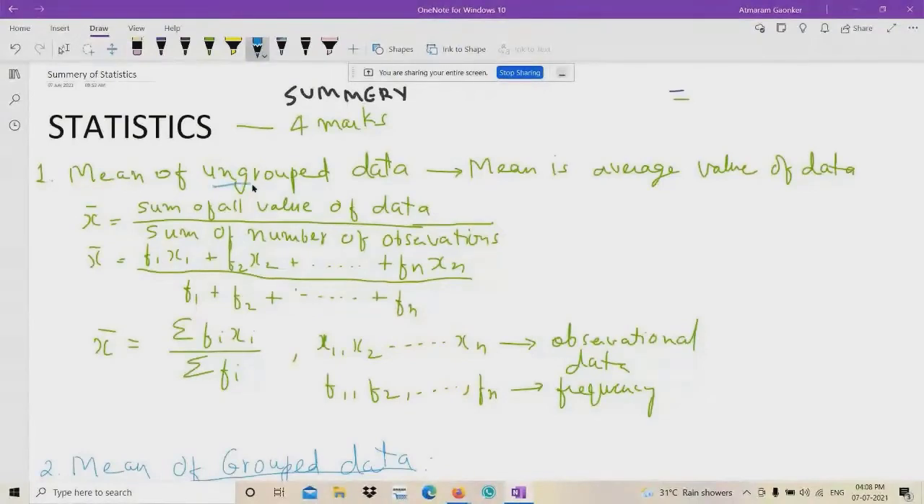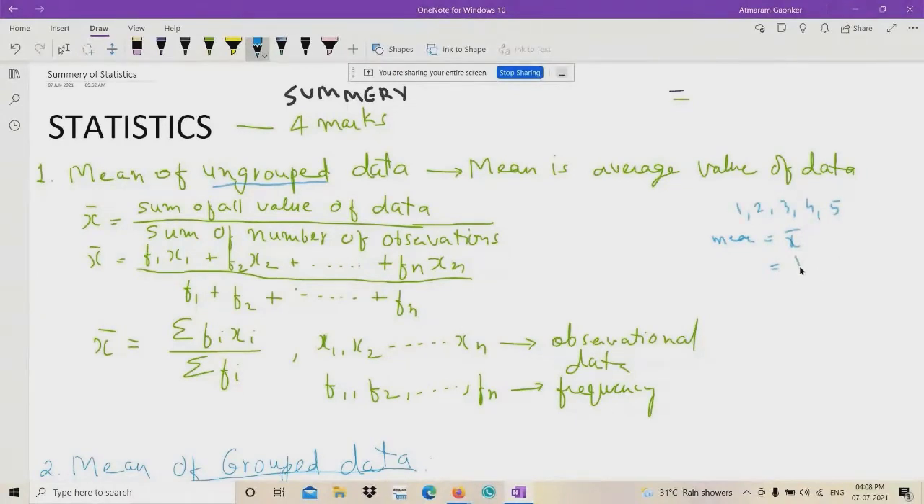Mean of ungrouped data. What is mean? Mean is the average value of data. For example, I have got 1, 2, 3, 4 and 5. This is the data. So the mean of this data is equal to x bar, and that is the average of these